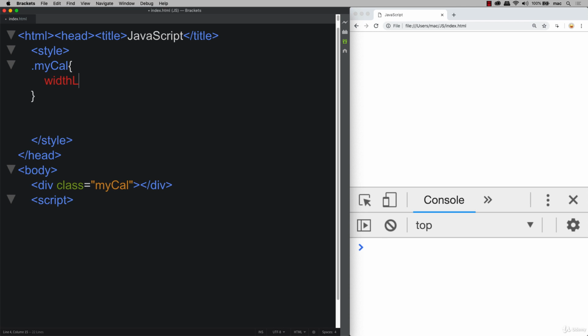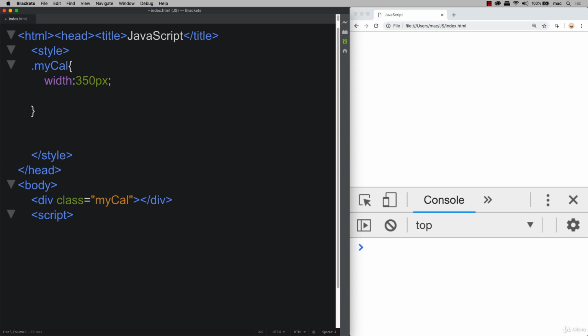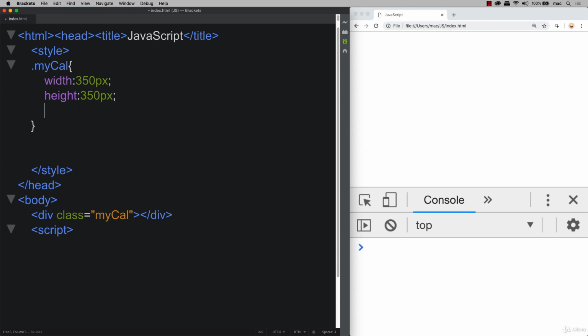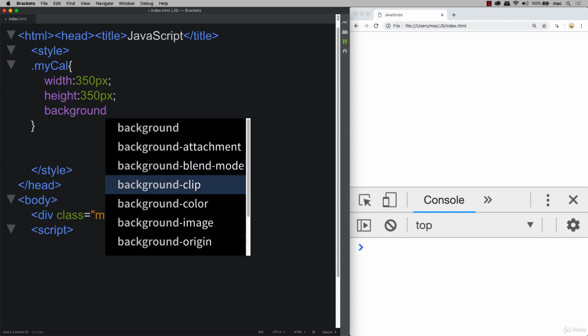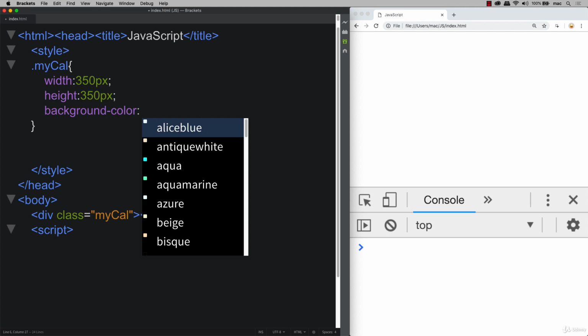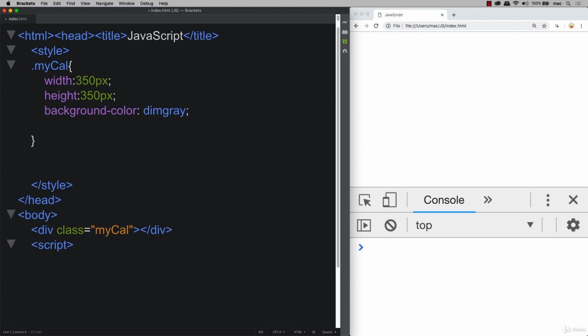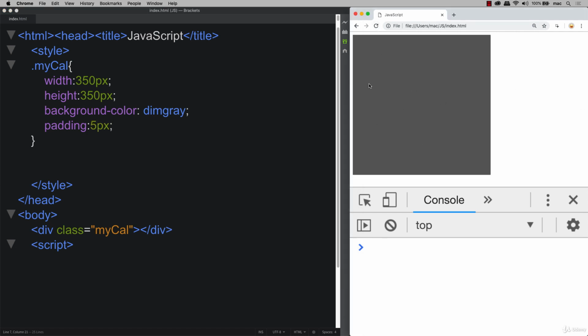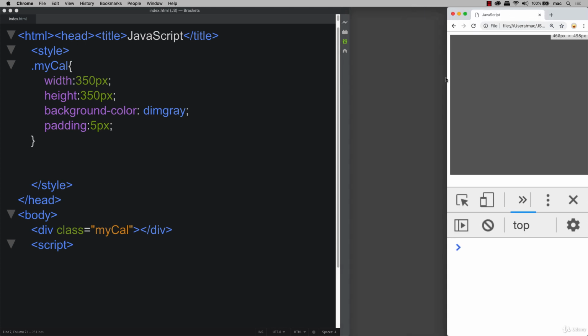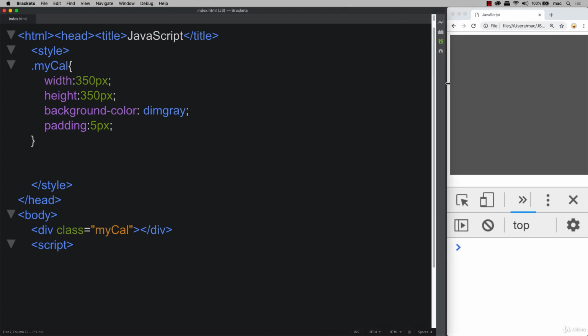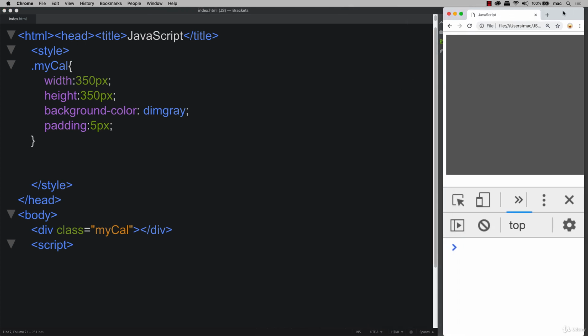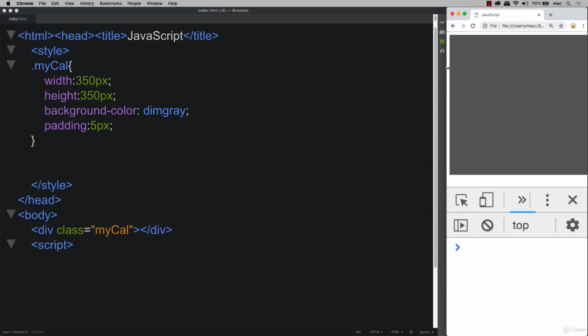So let's set up a width, and we're going to have predefined widths for this. So 350 pixels, and we'll also make the height 350 pixels. And then a background color, and let's do a dim gray color. And then add in a little bit of padding, so 5 pixels of padding. So when we refresh, there's our basic calculator structure, and I can make this a little bit smaller as well because we can have a little bit more space here on the left-hand side as we're building the application out,